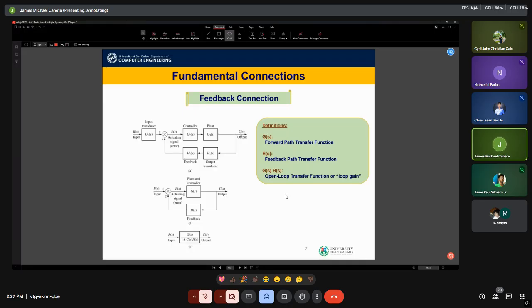After that, we get the output. So meaning the angle of your antenna changes. We take that angle change, we measure it and pass it into an output transducer and a feedback block. So this will just change that output. You could increase that output, differentiate it, integrate it. So there are different ways to design a feedback control system that I hope we can get to, but as of now,